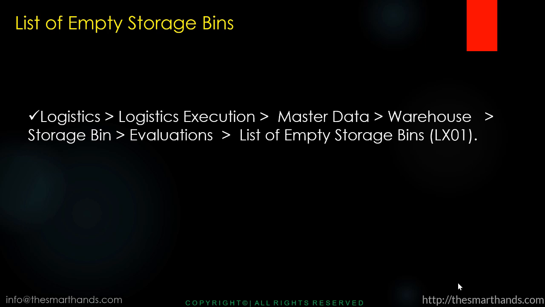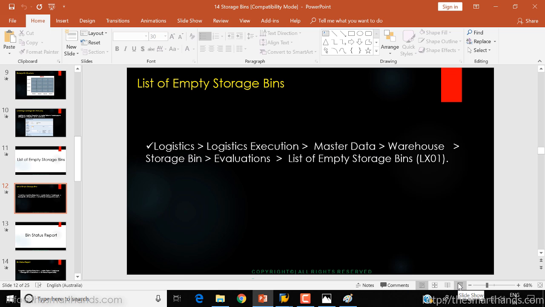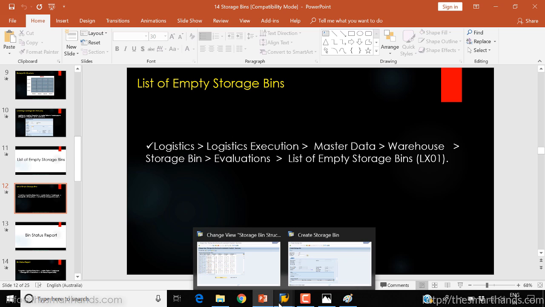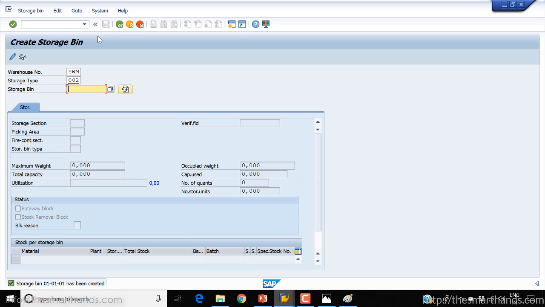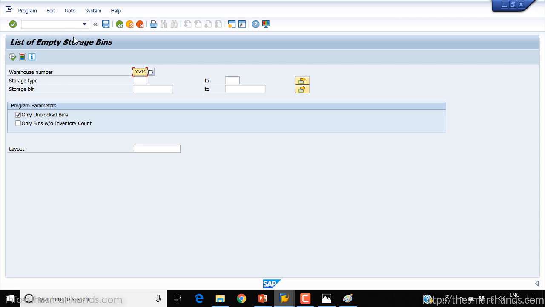empty storage bins. For example, somebody wants to put away some material into a storage bin and is looking for an empty storage bin for the manual data entry or something. We'll talk about all this later on, but for now I'll show you LX01, which you can use for the empty storage bins. For example, if I search for the one that I just created